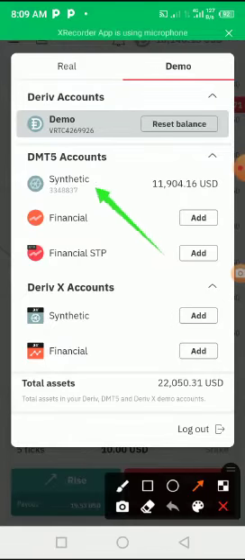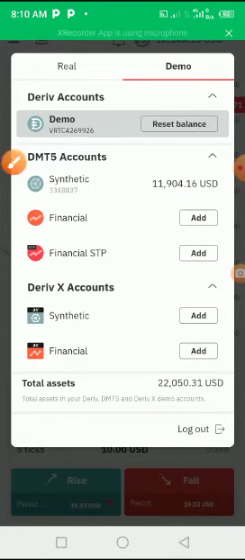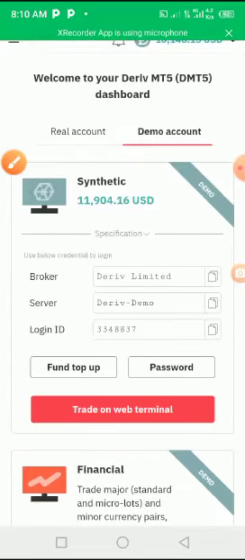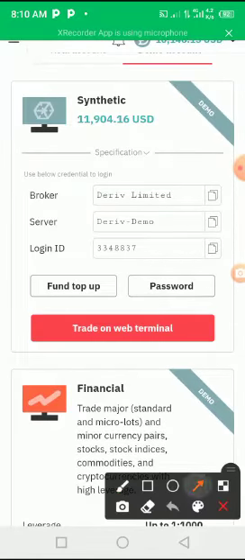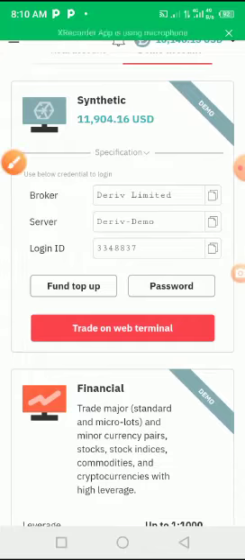If I want to see it more visibly, I will click on this money thing. If I click on this money, you see, look at the number. This number, this ID, this number here, that is what you will use to log into MT5. The server is Deriv demo. The broker is Deriv Limited, we know. So we are going to copy this number and go to MT5 and log in. Let me copy it by clicking on this button. If you click on this, you copy it, or you copy it out to your diary. Let me click on the button and copy.